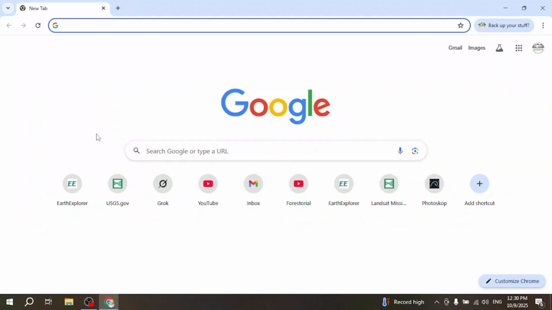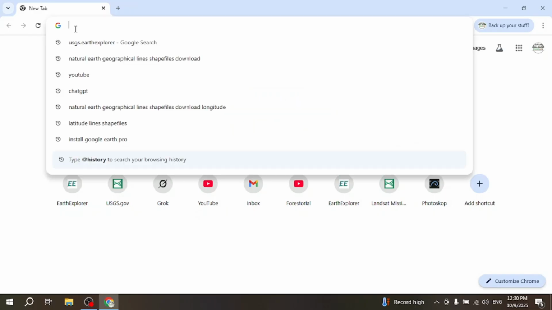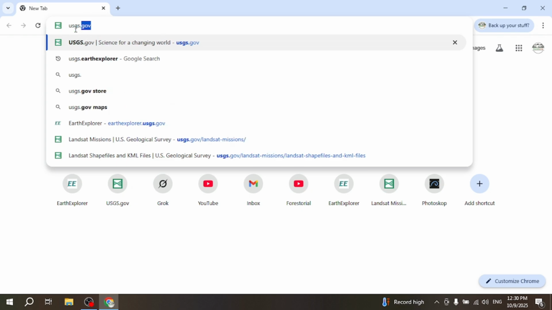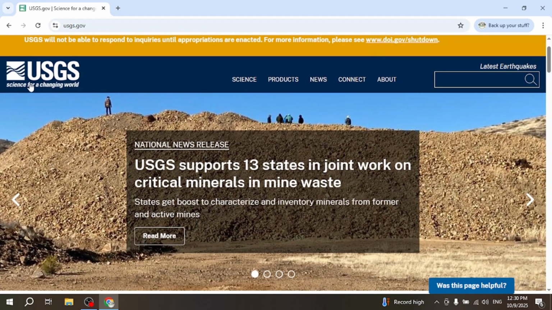First of all, I'll open the Google Chrome browser. You can open any browser that you have. In the browser search bar, just type USGS.gov URL and hit enter. You will reach the USGS homepage, and in the top right corner you'll see the search box. In the search box, type